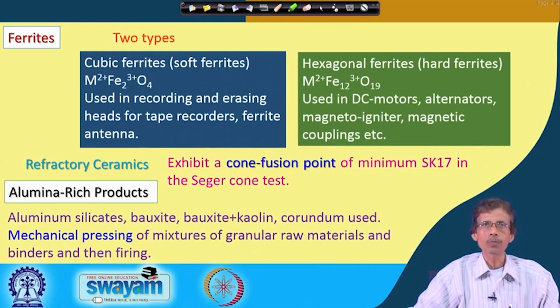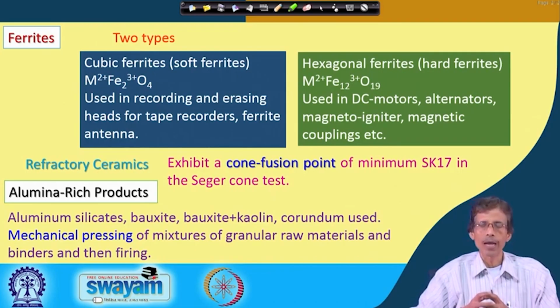What you can use for this purpose are aluminum silicates, then bauxite or a mixture of bauxite and kaolin, or corundum. Once you mix those materials for making the alumina rich refractory ceramics, we go for mechanical pressing of those mixtures to get a certain variety of granules,